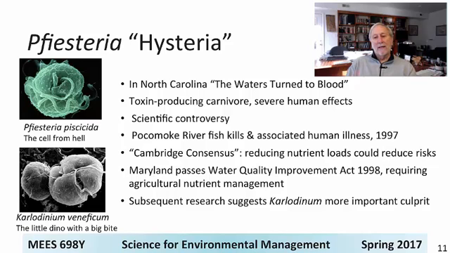And then in 1997, there was a big extended series of fish kills in the Pocomoke River on the Lower Shore and associated human illness, including reputed memory loss, that drew a lot of attention in a very rapid and very short period of time. The governor and other forces at the time said we need to do something about this. Seafood sales plummeted, even though this is not a kind of organism that causes illness related